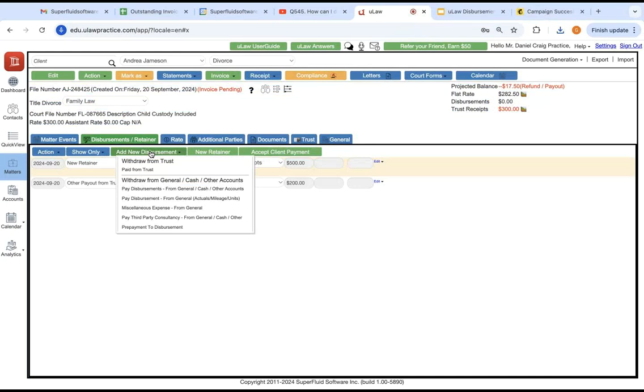Then you want to add more disbursements. This time you know it's a marked up value, so you're going to use your general. There's a second level of bifurcation under general: you have to choose what it is for. Whether it is billable under general cash or other accounts, you can use this option. If it is for actuals or mileages or any units, you can use the second one under general. If it is for any miscellaneous expense, you can use the third one, which doesn't take it under any particular